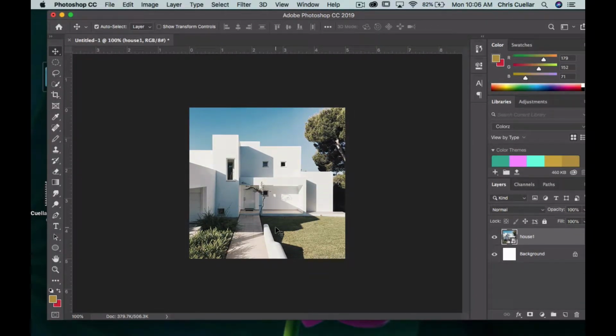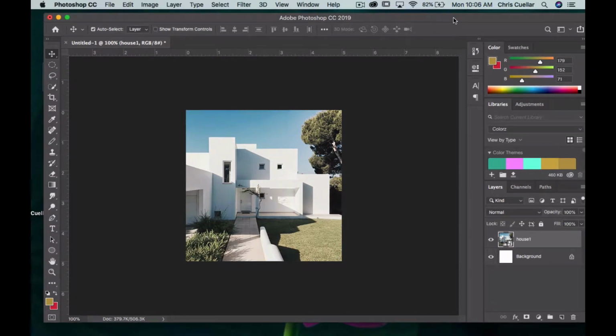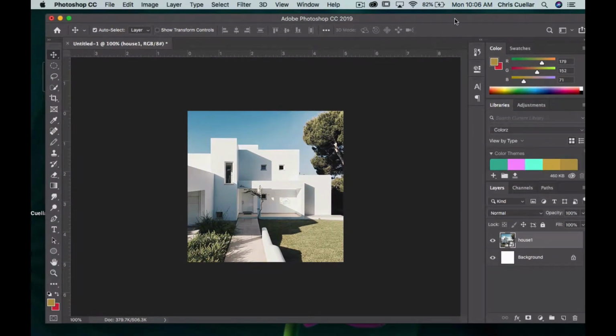So what you're going to do with this lesson is you're going to recolor the pictures. Okay, so how do you do that inside of Photoshop? There are several different ways we can do it, but since we're just beginners in Photoshop, we're going to utilize layers. Because it's real important